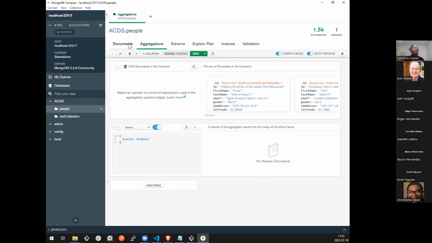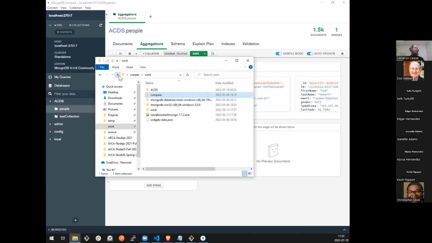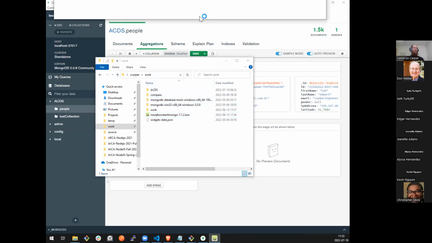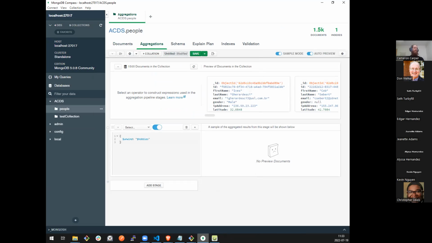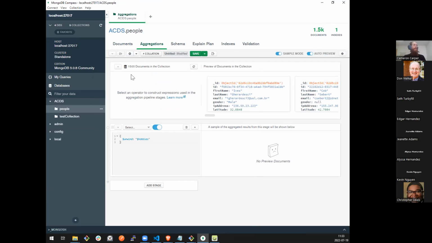And I can't execute it here because the documents page only allows me to do simple finds. So I'm just going to pull a quick thing up. And if it doesn't load in about 10 seconds, I'm going to give up. Or I give up because it's totally off screen.